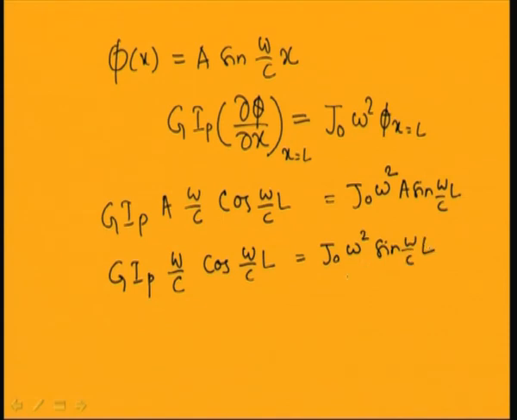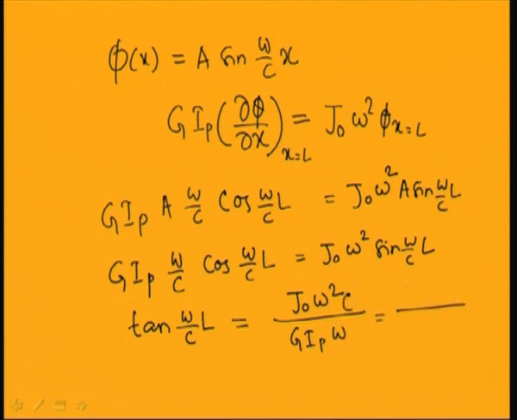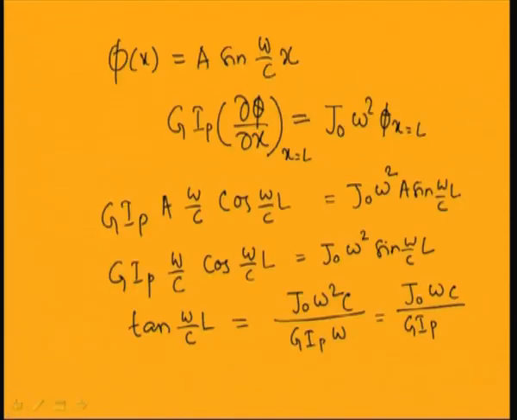Or I can write this as sin omega by c L by cos omega by c L, so this is tan omega by c L, and this will be equal to J0 omega square by G Ip omega by c. So this will give rise to J0 omega and G Ip, and this is c. So this is tan omega by c L